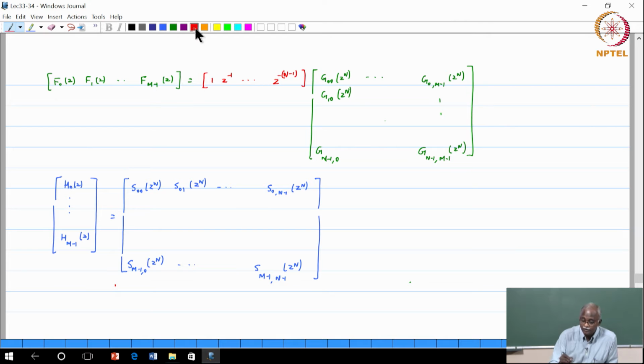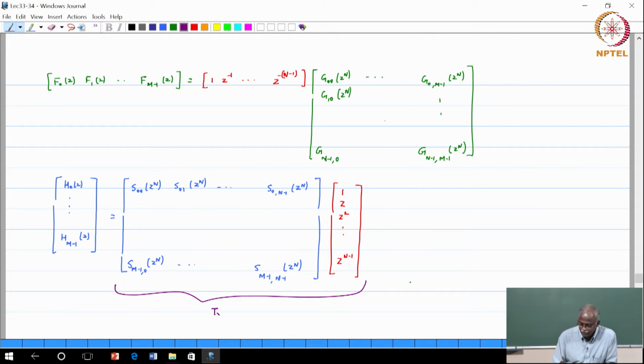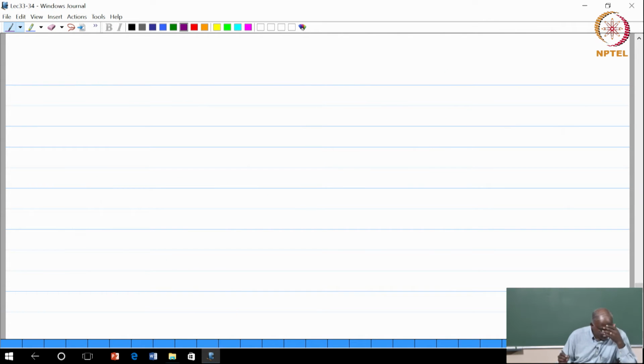Oh, I forgot the 1, z, z squared, z power n minus 1. Okay, so this we have obtained using the type 2 polyphase decomposition, and the other one using the type 1 polyphase decomposition. You can fill in those data. Okay, so the final representation in terms of this transceiver with redundancy in our context can be represented as follows: